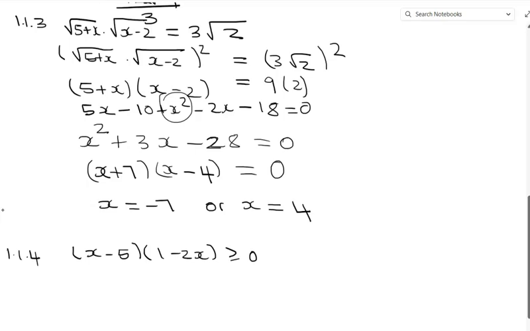Okay, this is very simple. We're just going to be having x minus 5 is greater or equals to 0, or 1 minus 2x is less than or equals to 0. So here x is greater or equals to 5, or here